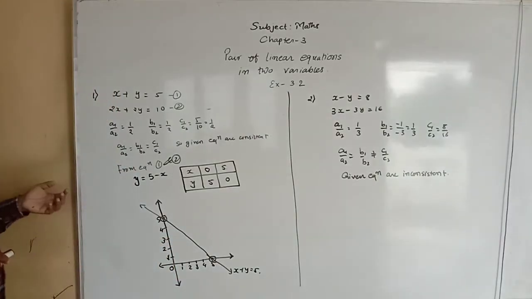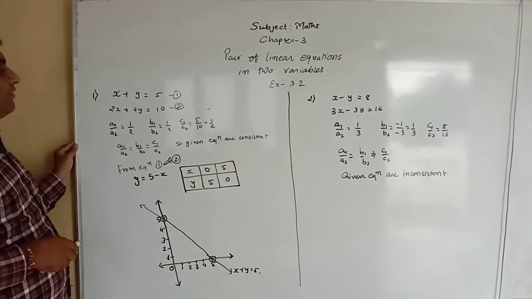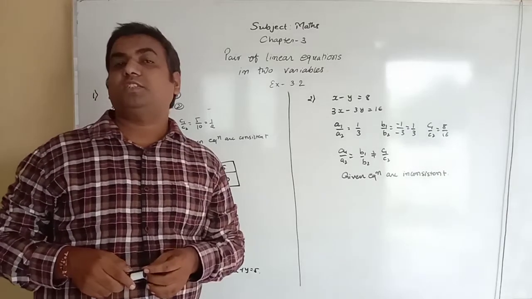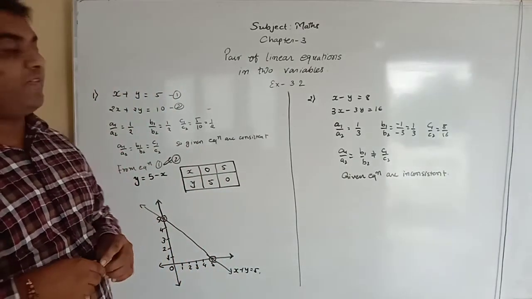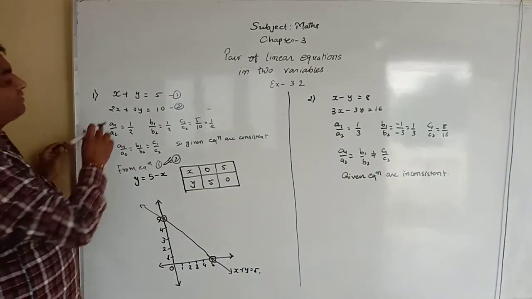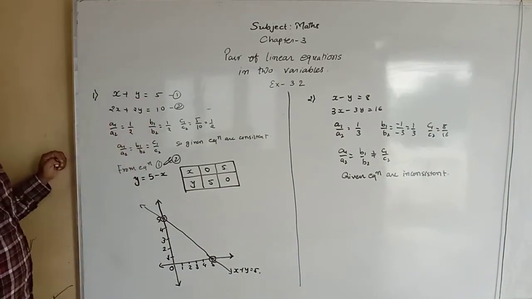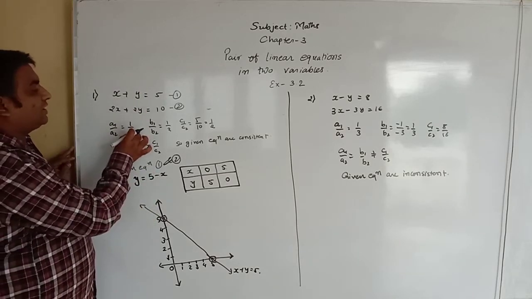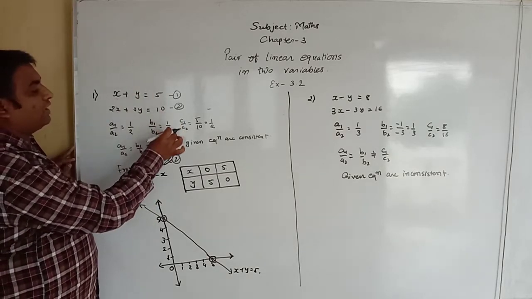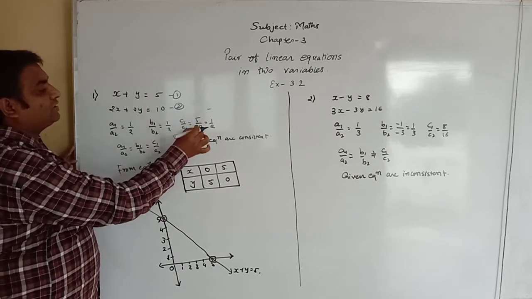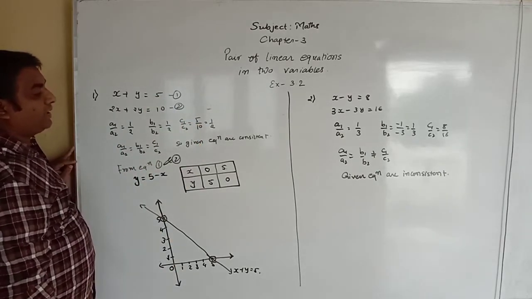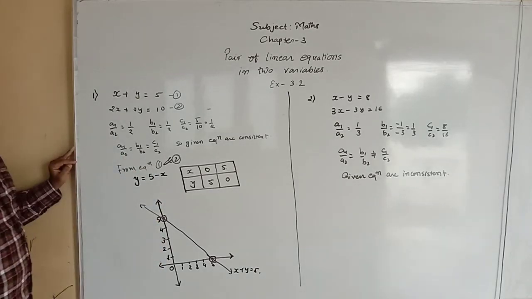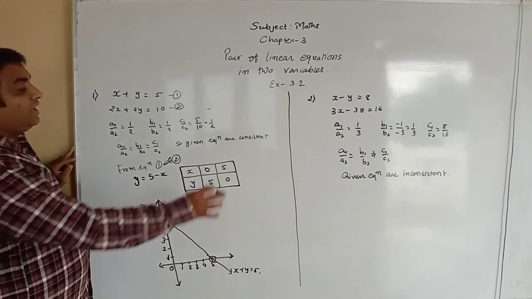Solution. Question 4: decide whether the given equations are consistent or inconsistent, and if consistent, represent them graphically. Here x plus y equals 5 and 2x plus 2y equals 10 are given. We take the a1 by a2 ratio, that is 1 by 2, the b1 by b2 ratio, that is 1 by 2, and the c1 by c2 ratio, that is 5 by 10. We simplify and get 1 by 2. So all three ratios are equal,